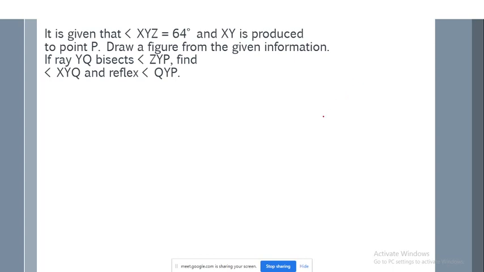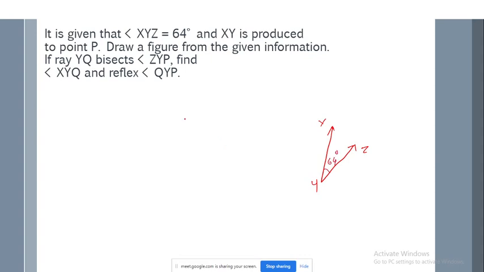So you have an angle, that means two rays and a common vertex. X, Y, Z. Now why did I name Y to be the common vertex? Because we are given the angle XYZ. Do they have a common arm? They have common arms, ma'am. Which is the common arm here? It is the common vertex, right? So why is it the common vertex? Because we are given that angle XYZ is equal to 64 degrees.